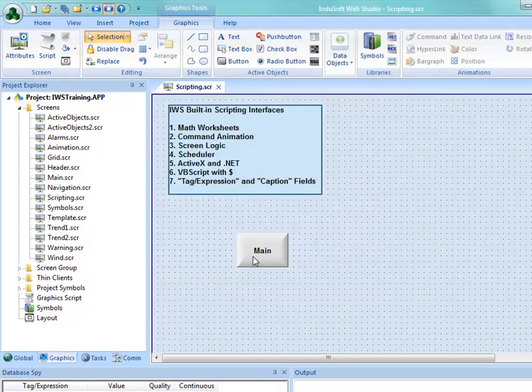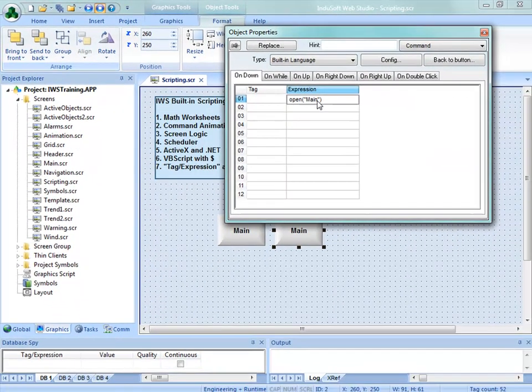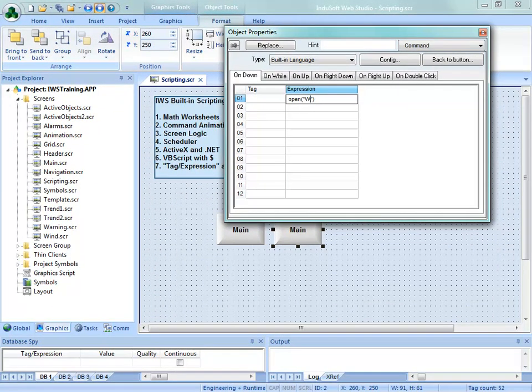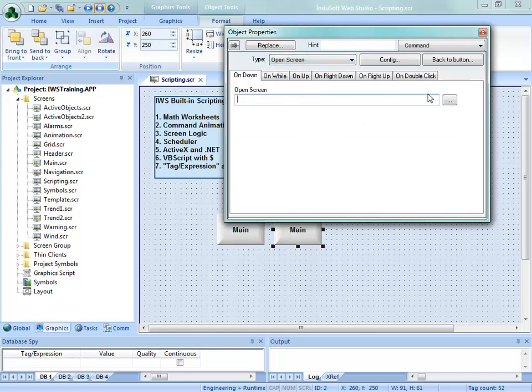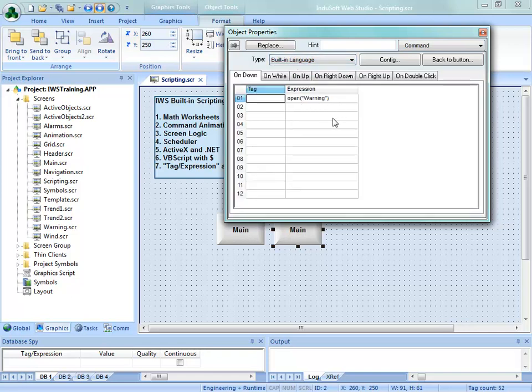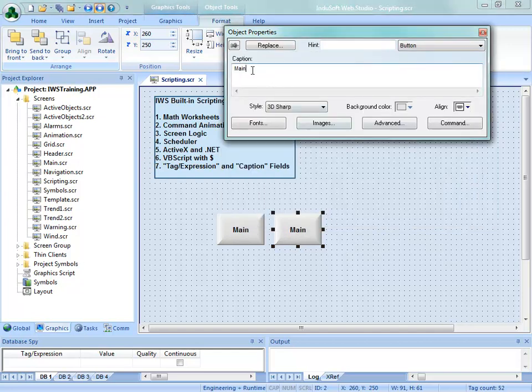Yes. And I'm going to copy this button over. And instead of opening the main screen, I'm going to open warning here. Now I could just as easily have used the open screen command, which is a kind of simplified version of this. I could have used this, but I'm going to go back to the built-in scripting because I'm going to build on this in a little bit. I'm going to say warning